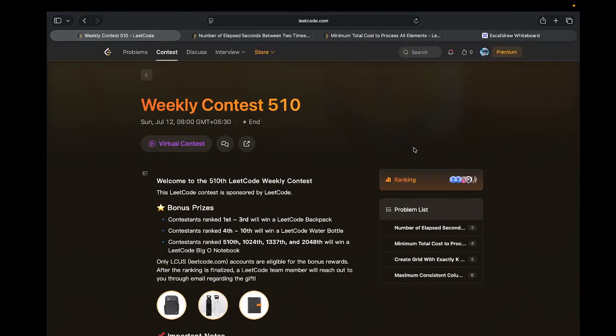So hey there, welcome back, and today we are going to discuss another LeetCode contest, and this one is weekly contest 510. So talking about the contest questions, the questions are good, but I don't know what is happening with